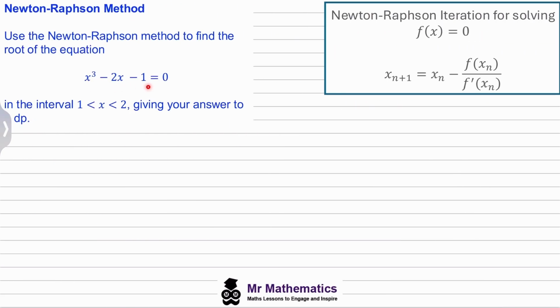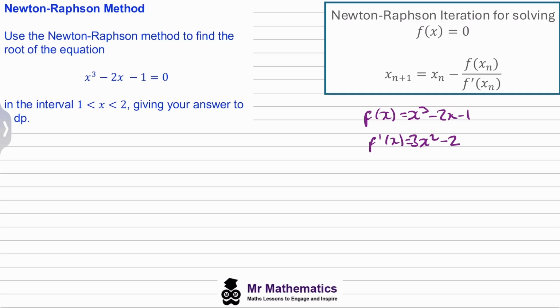So we've been given this equation, and we've been told there's a root within the range of x equals 1 to 2, and we need to find that root using the Newton-Raphson method. So the first thing we need to do is work out f prime of x. We need to differentiate this with respect to x. So if f of x is x cubed minus 2x minus 1, f prime of x will be 3x squared